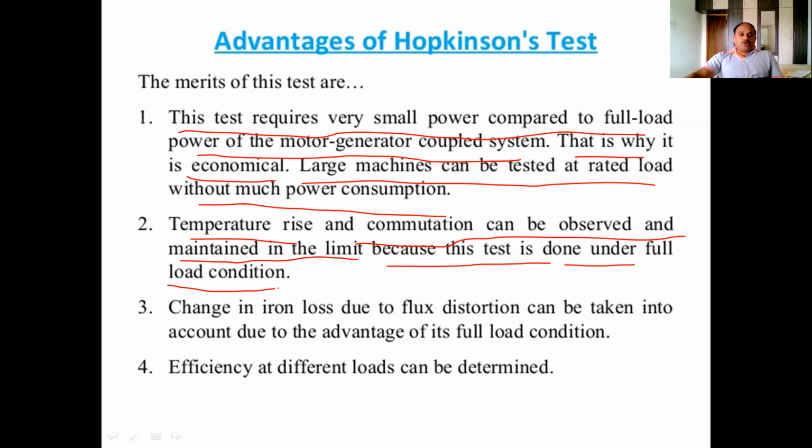If you want to increase the load, the field current of the generator is gradually increased, which means the terminal voltage of the generator gradually increases. If the terminal voltage of the generator increases, power flows from generator to motor. So the generator delivers electrical power, meaning the generator is under loaded condition. So the generator needs mechanical power from the motor. That means the motor load increases, and the motor takes more power from the generator. In this manner, generator output increases, therefore motor output increases. This process is repeated up to rated load condition.